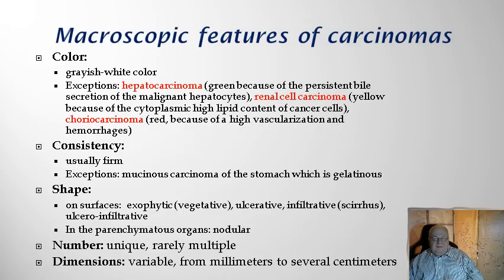The usually firm consistency has also an exception. In the stomach mostly, but possible in other locations like in the breast, including some of this carcinoma, also very well differentiating being, remain with the capacity to produce mucus. And they are called for this reason mucinous carcinomas. And they are producing in the tumor a lot of mucus, and for this reason the consistency, it's more like a gel than firm.